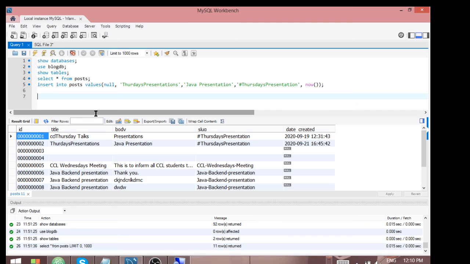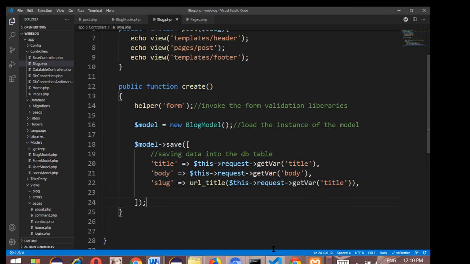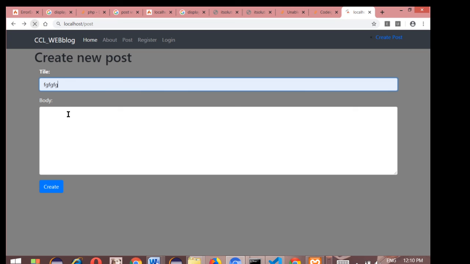So you can use this command and call your table: truncate post. Now we are done. Let me refresh, and then if I click on